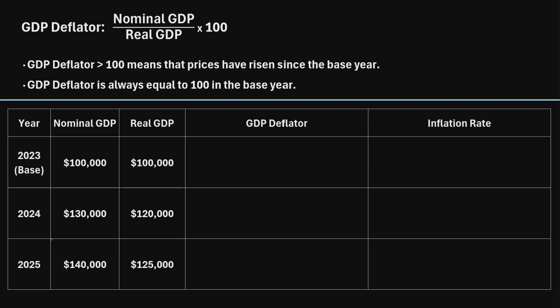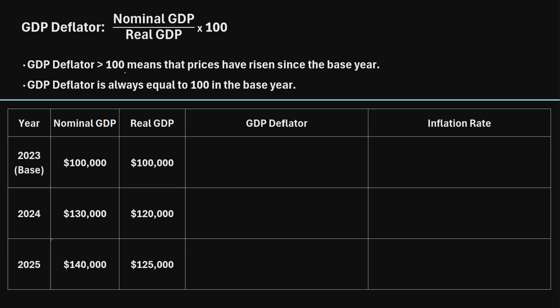In this video, I will explain how to calculate the GDP deflator. Now, the GDP deflator is a very simple calculation. It's simply the nominal GDP in a given year divided by the real GDP in that same year multiplied by 100. So the GDP deflator is really just used to measure whether prices have increased in a current year relative